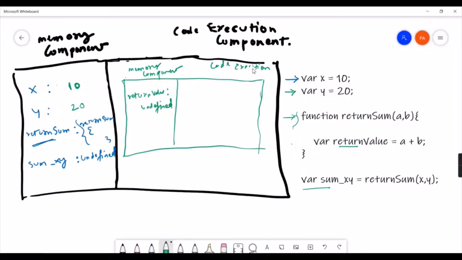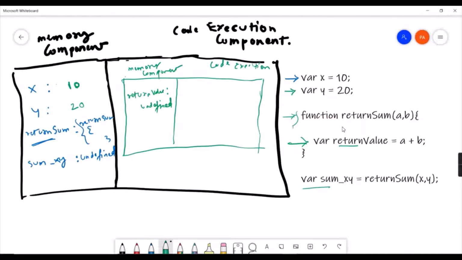So it will check what is the first line. So it is doing addition of these two values, and what values we have been passing. So it is passing 10 and 20, right? So it will execute this line. 10 plus 20, that's 30 value will be assigned to this return value variable. Okay, so we'll just remove undefined from here, and the new value that is 30 will be assigned to this variable.